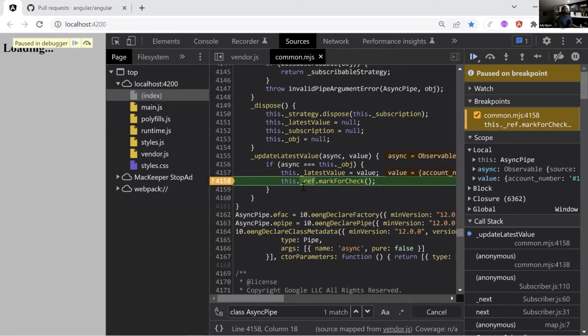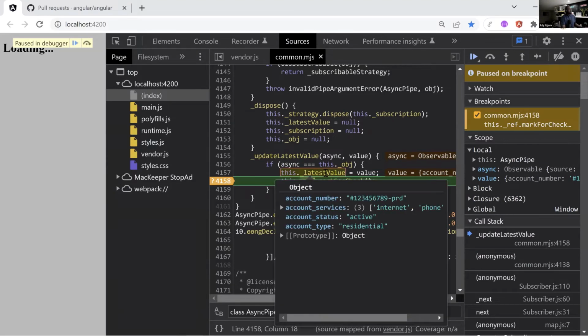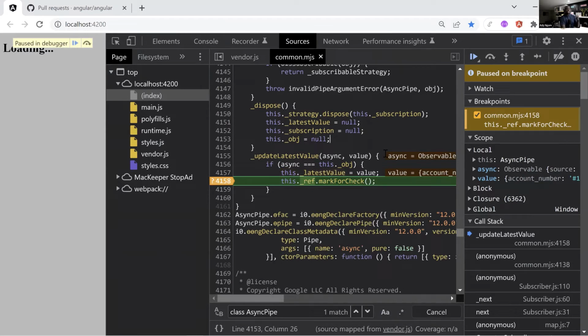Okay, there you go. So now this pauses in the debugger, and you can see here, I can see that my setup, what I was expecting for my object to have, the account number, the account services, everything is in here, and now I'm putting a breakpoint inside the source Angular code. I mean, that's just amazing.